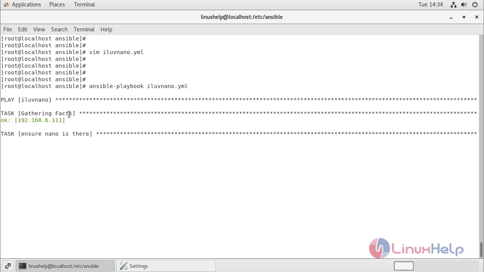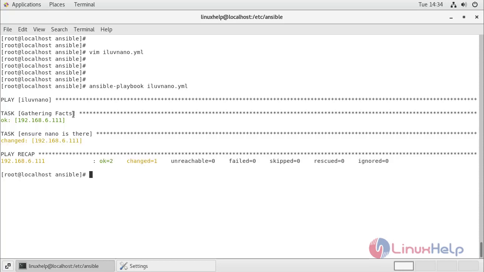The task, gathering facts: Ansible will collect the information of your node machine. Then the task which I have defined for my node machine would be specified by the yum module. Yum will ensure whether the nano file is there or not.